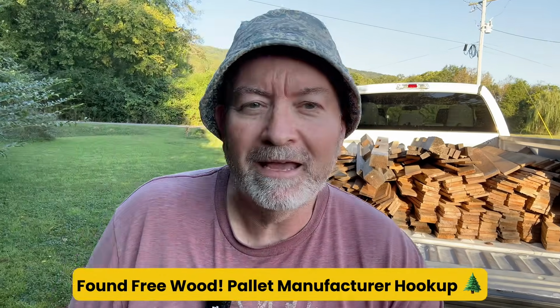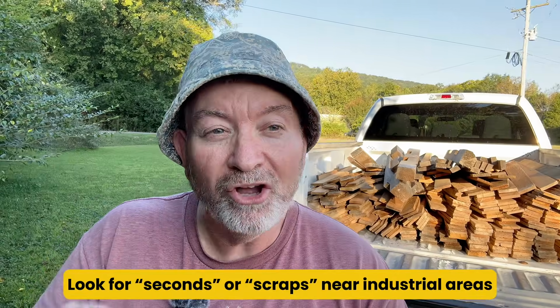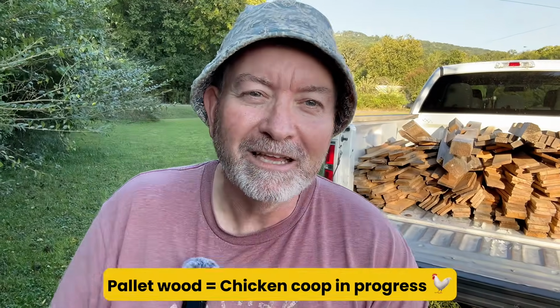Now let me tell you about this pallet wood haul. There's a pallet manufacturer nearby, and they sometimes stack seconds and scrap wood by the road for the community to come get for free. My wife and I drove by this week and we saw several stacks of cut, unused pallet wood. You better believe we pulled over, loaded the truck up, and we're planning to use this to build